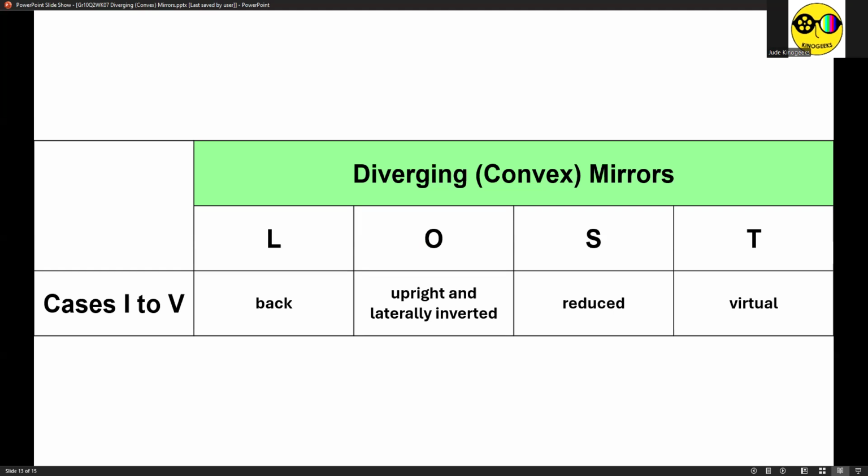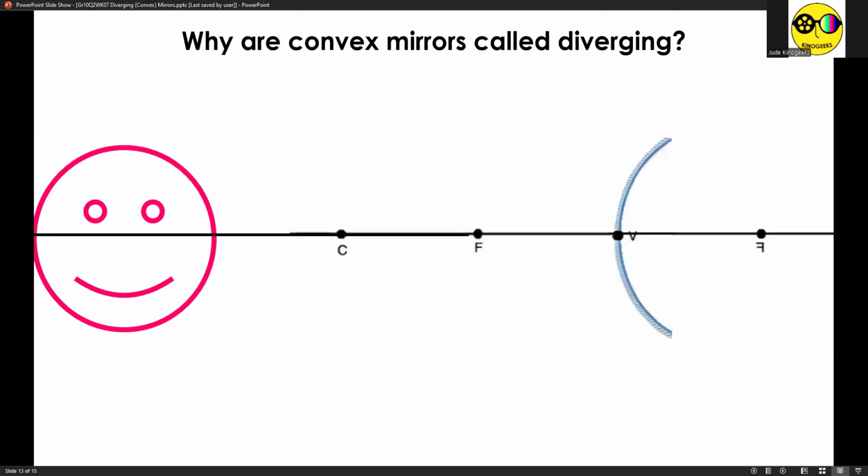Now, we started this video lecture with answering the question, why are concave mirrors called converging? So we will end our discussion with this question, why are convex mirrors called diverging? Remember when we were discussing divergent boundaries way back in first quarter, when we say divergent boundary, the two crusts are separating from each other because of tension. So in this case, we still have two